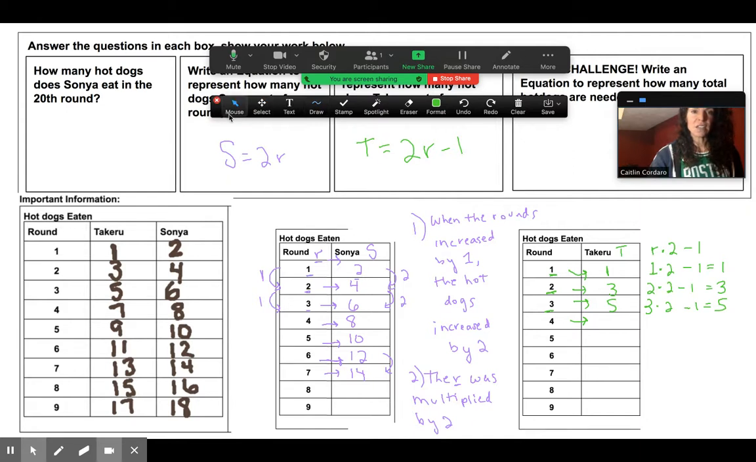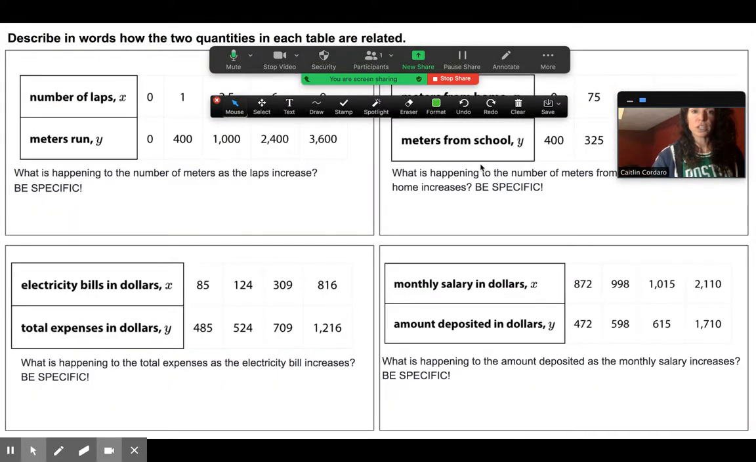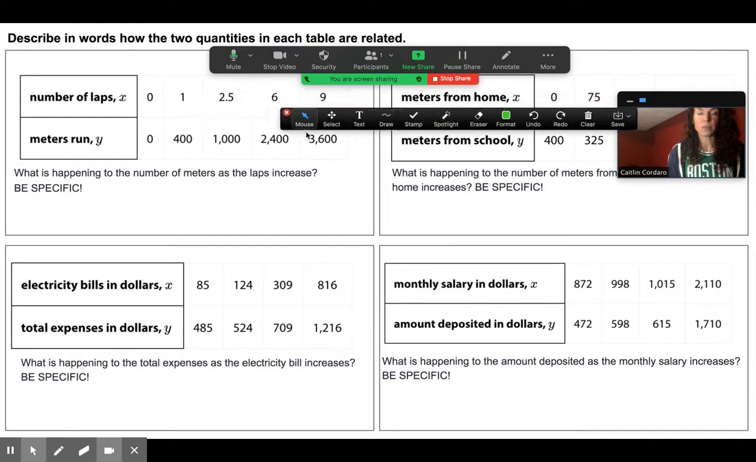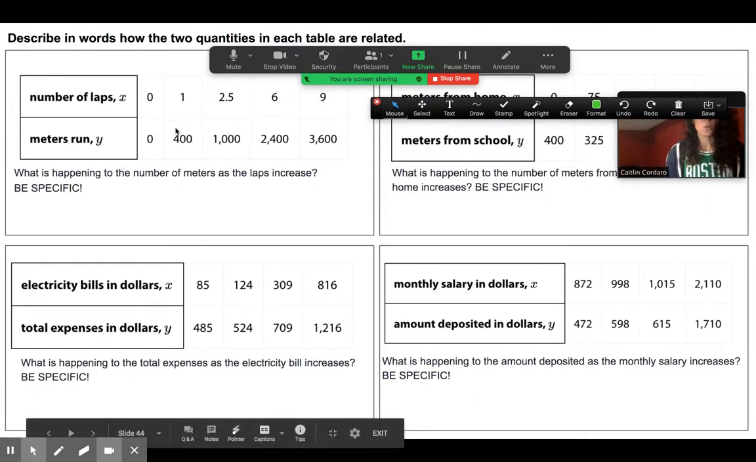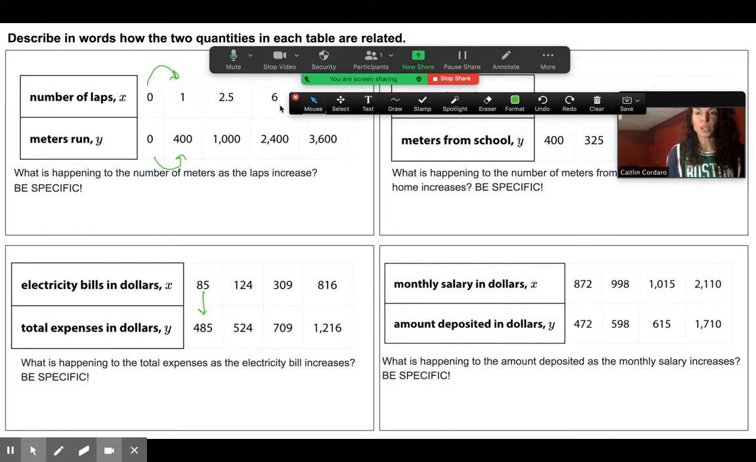So in this next activity, you're going to look at the relationship in the table. What is happening? For some of these tables, you might look at how X is changing and how Y is changing. For some of the tables, you might look at what happened to the X to get to the Y. You are going to have to look for patterns. Which one is it? What do you see? Some might be easier to see than others. Think about it like a puzzle. What is going on here? What is that